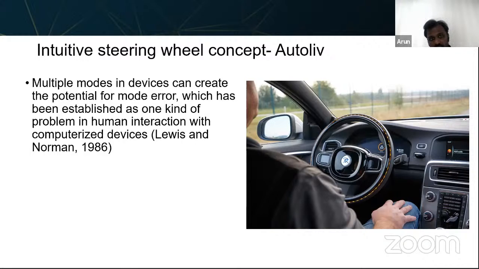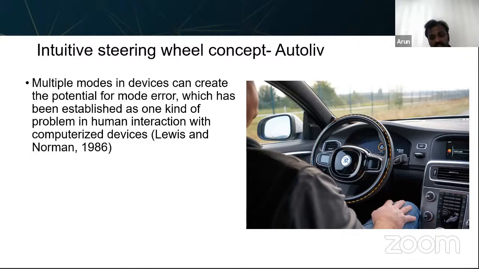I think they had this problem when they introduced such systems in the aviation industry, and I think Don Norman did a lot of work in this area, looking at multiple modes. If you have a device with multiple modes, there is a cause for mode awareness problems. Let's say you activate a level 3 feature in the vehicle. From the user's perspective, you think you are in level 3, but the vehicle might be in level 2. So there is a mismatch between the activated mode and the currently available mode.